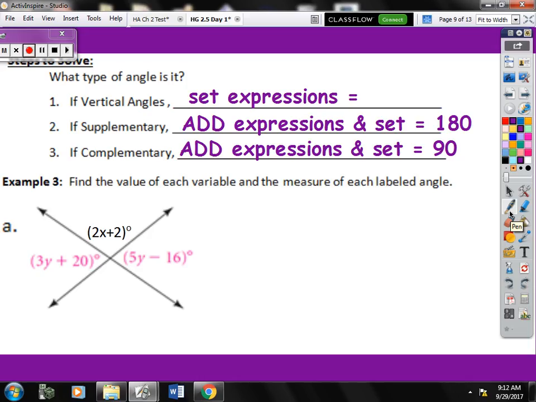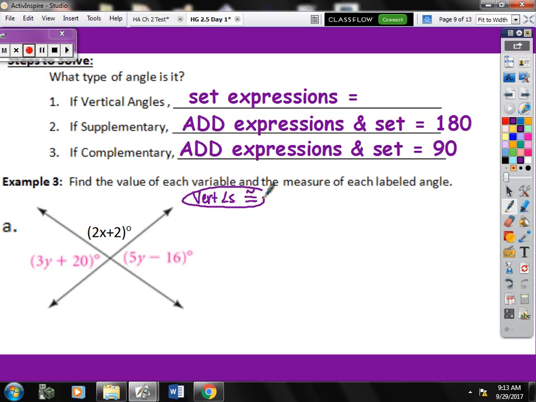If you notice that if you were to write an equation with these, you would have 2x plus 2 plus 3y plus 20 equals 180. You can't solve something when you have two different variables. Okay? So you would want to start with the ones that both have y. So we're going to start with our vertical angles,